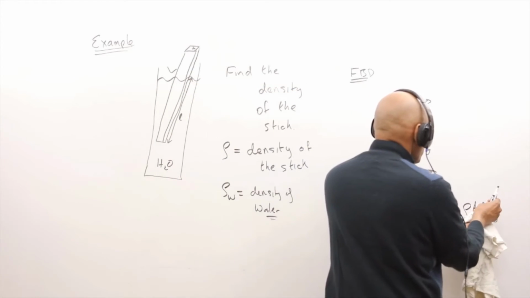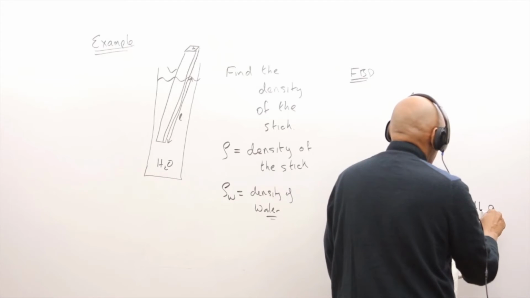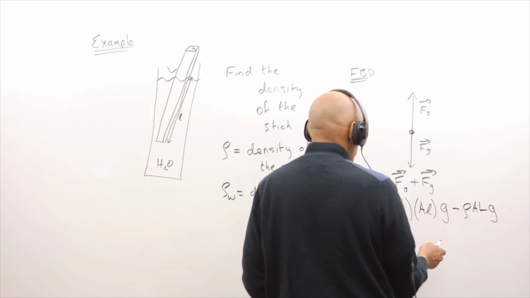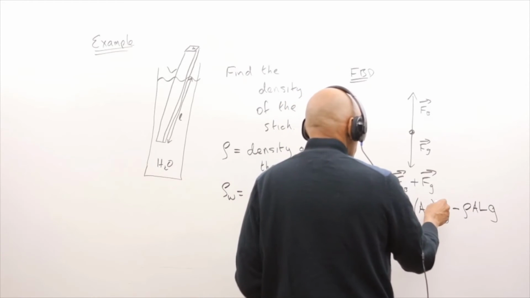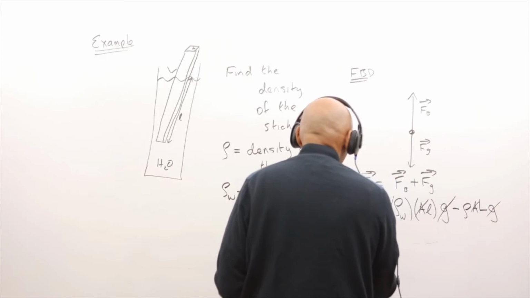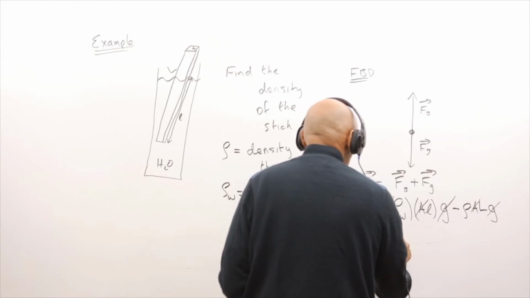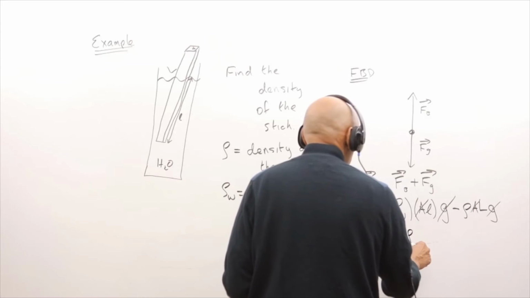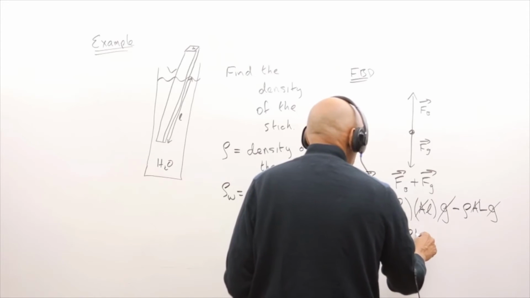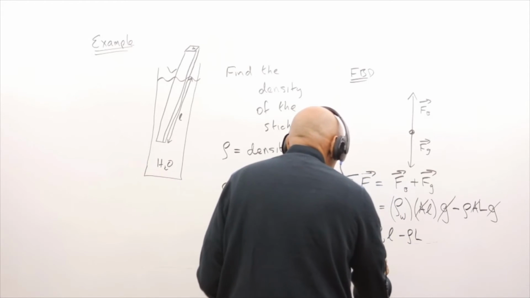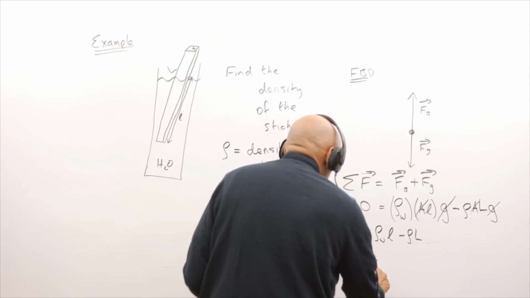And I'm sorry, it's not lowercase l, it's capital L. So this is the total mass of the whole stick. So this is the mass that's pulling down. Notice that we can drop the area, the g drops, and we're left with 0 is equal to the density of water times the length that's below the water minus the density of the object times the full length of the stick. And so rearranging this, you can see that the length over L